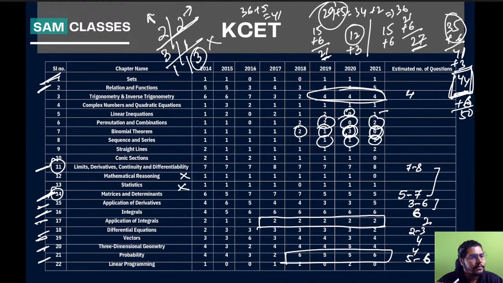For one question, don't make the whole maths difficult. First get the other chapters which are okay for you done. Once that is done, go for the others. You'll find Trigo easy at that time because you'll have more time to solve the problem. I'll explain what kind of concepts are very, very important. Next, straight lines 1 to 2 questions, and conics very few. So we don't have to worry so much about 11th.